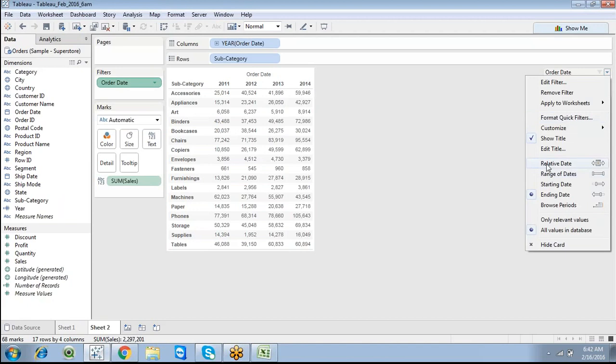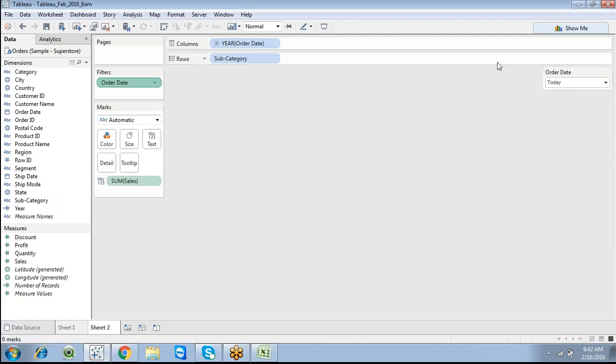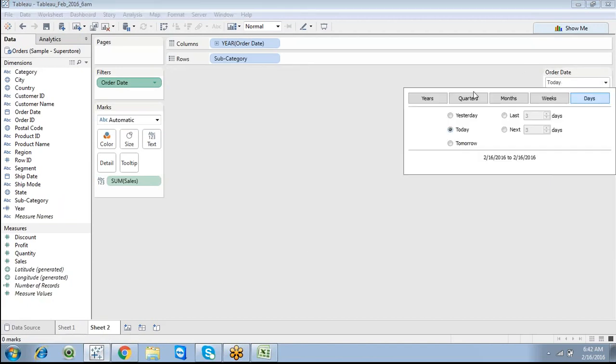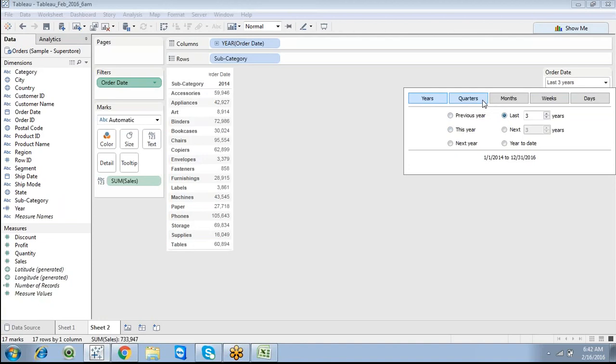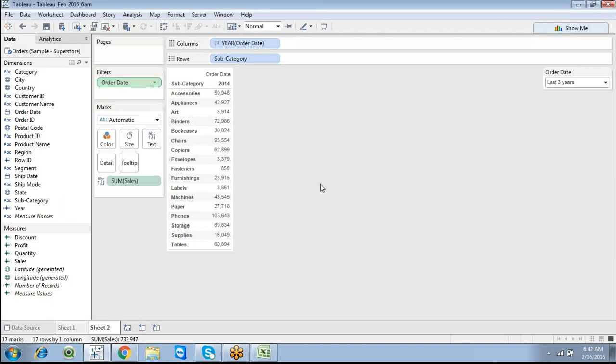In the drop down, you have an option called relative date. It depends, so click on year by sales, or last 3 years. Now you can showcase it. It takes today's date, so that's the reason why it displays only 2014 data. So that is range of dates or relative dates.